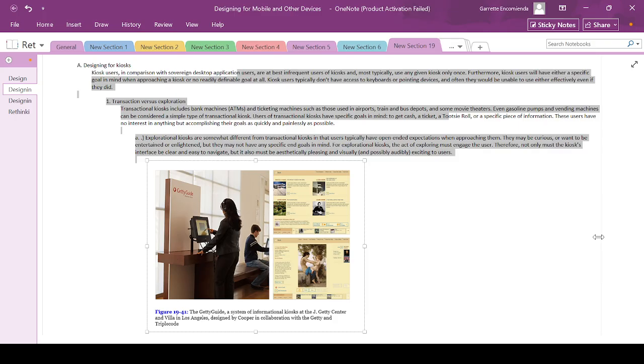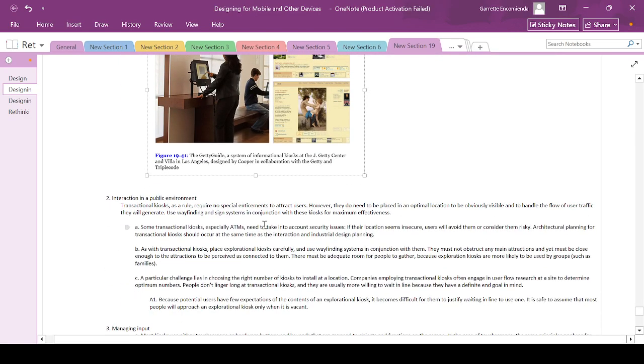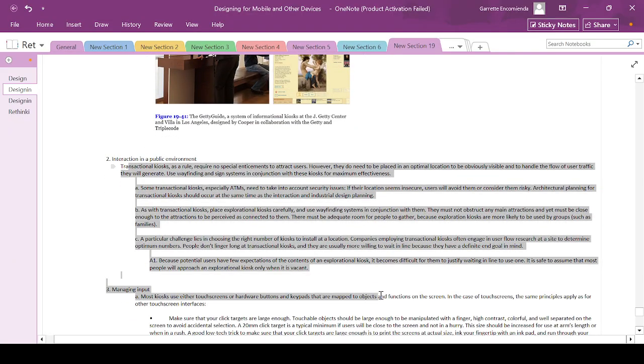They may be curious or want to be entertained or enlightened, but they may not have any specific end goals in mind. For exploration kiosks, the act of exploring must engage the user. Therefore, not only must the kiosk interface be clear and easy to navigate, but it also must be aesthetically pleasing and visually and possibly audibly exciting to users. So the Getty Guide system of informational kiosks at the J. Getty Center in Villa in Los Angeles, designed by Coover in collaboration with Getty and triple quote interaction in public